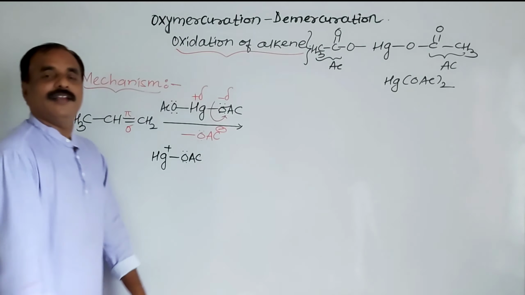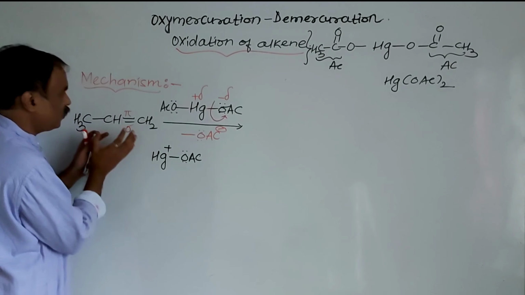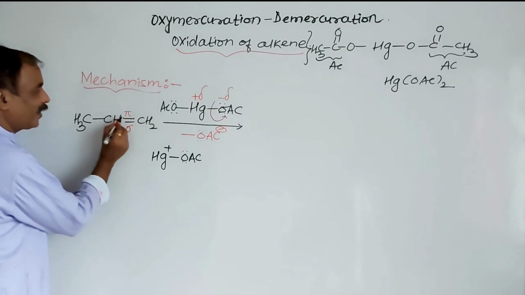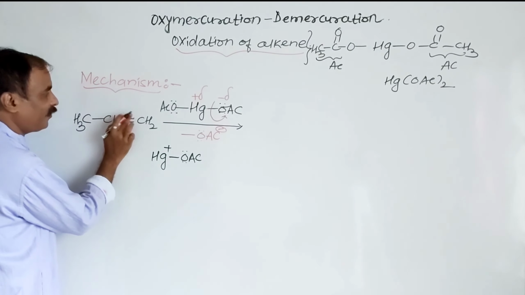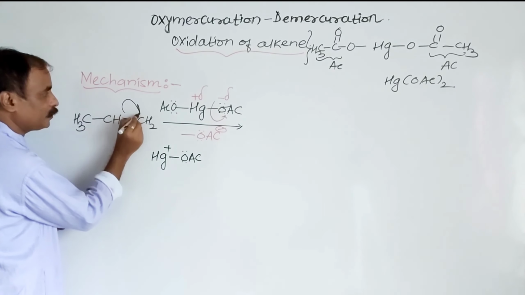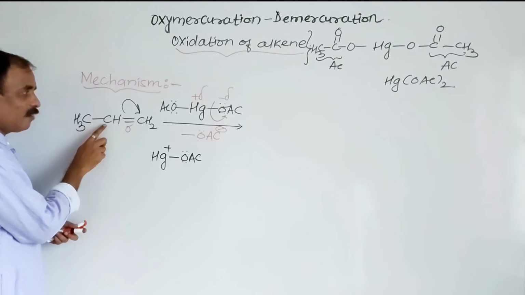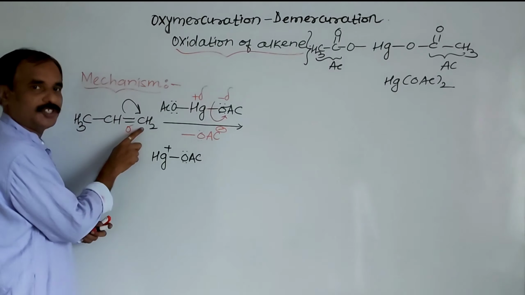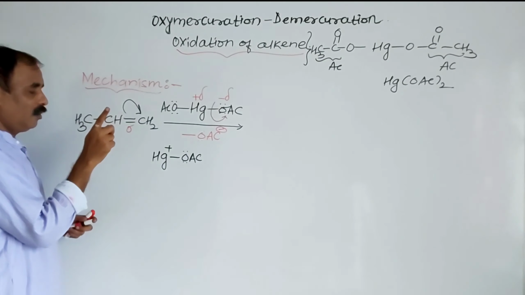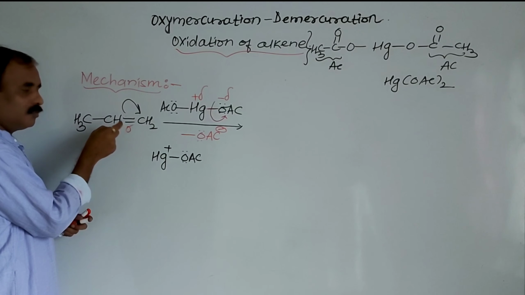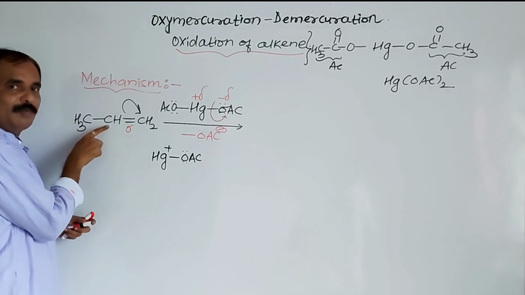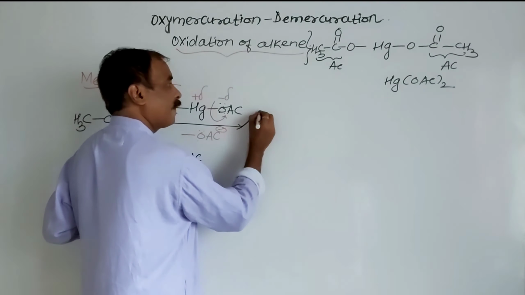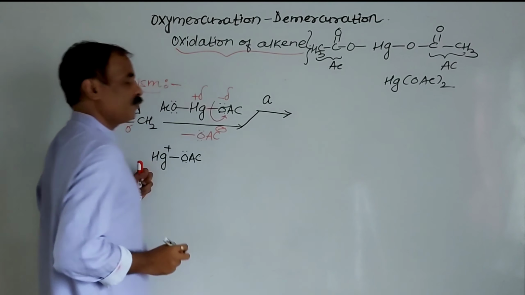We can say this is an electrophile. So addition of this electrophile to this carbon-carbon double bond. Now here 2 possibilities. Breaking of this pi bond, suppose breaking of pi bond and shifting of both electrons toward this carbon. And definitely this carbon will be positively charged and this carbon will be negatively charged. This is possibility number 1. When breaking of pi bond is like this, the non-terminal olefinic carbon will be positively charged and this will be negatively charged. That is, here possibility A.